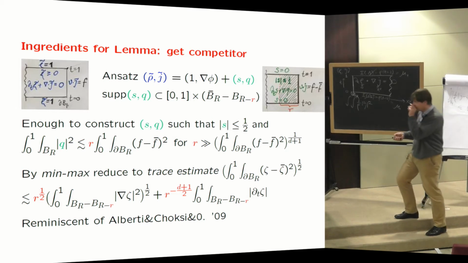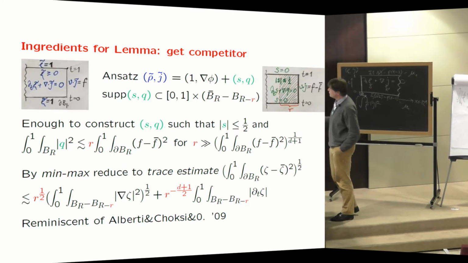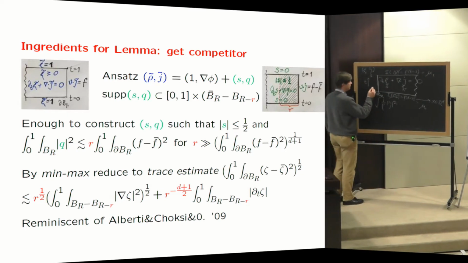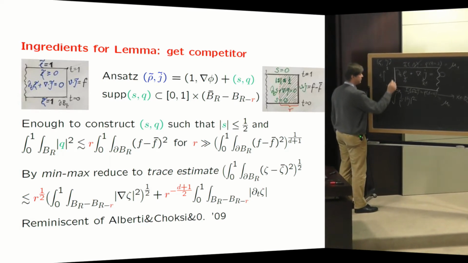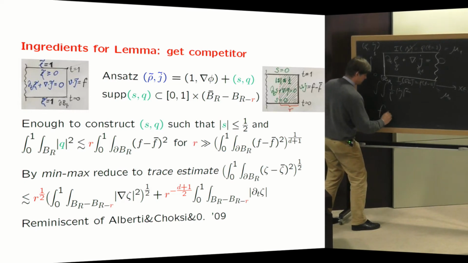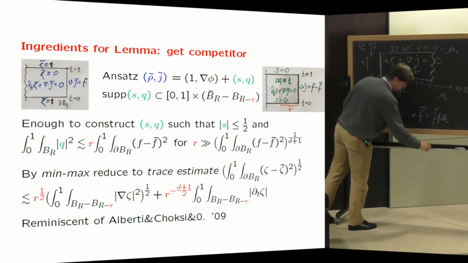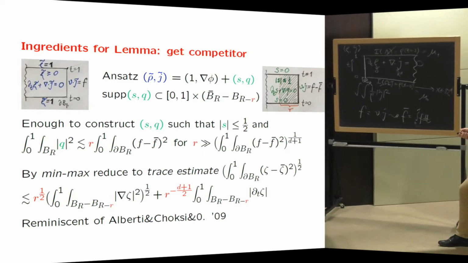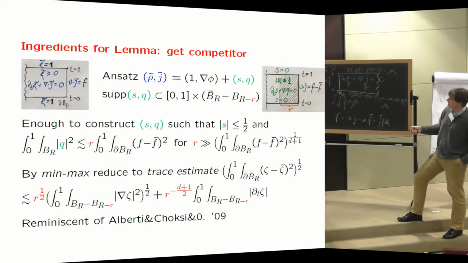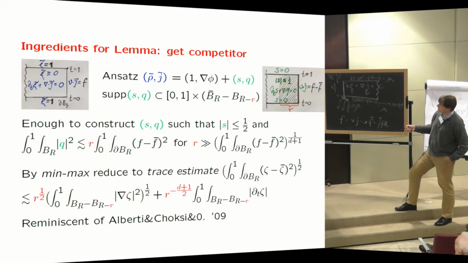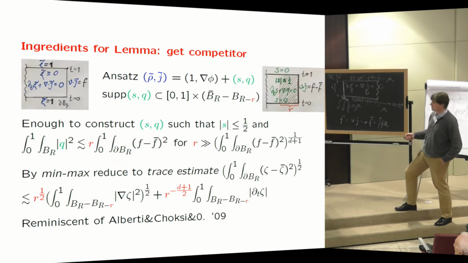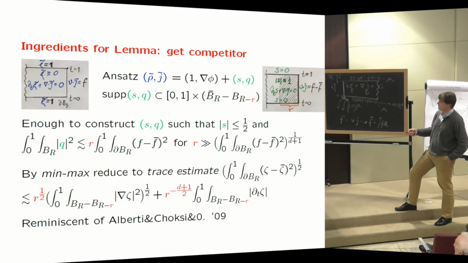And the main step is how to get this competitor, and there one needs a boundary layer construction, because the main issue is really how to go from the flux boundary conditions F, which is the normal component of j, to its time average, F bar. And so that's the difficulty which arises there. In order to accommodate the difference between F and F bar, you need a boundary layer construction, and that in the end reduces to a trace estimate. This is a little bit reminiscent of an argument Giovanni Alberti, Rustum Choksi, and I used in a different problem of calculus of variations, and here we're using the same tool. Okay, so that's